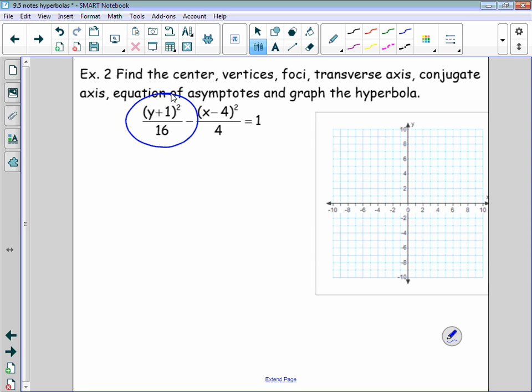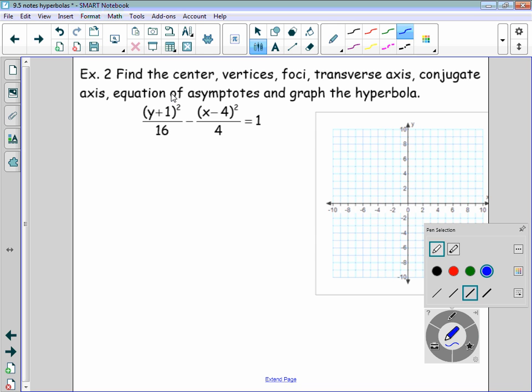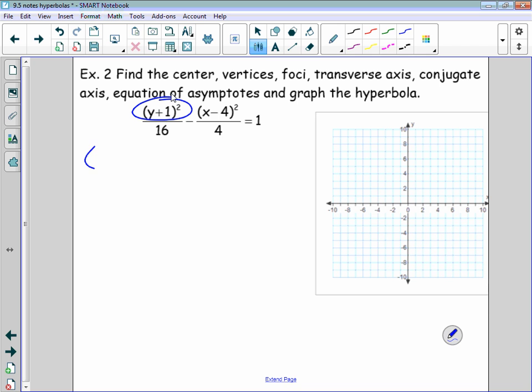Y is first. It'll have a vertical transverse axis. So it will be oriented vertically, so the branches of the hyperbola will open up and down. But in this case, this will give us the value of k. So the y-coordinate of the center